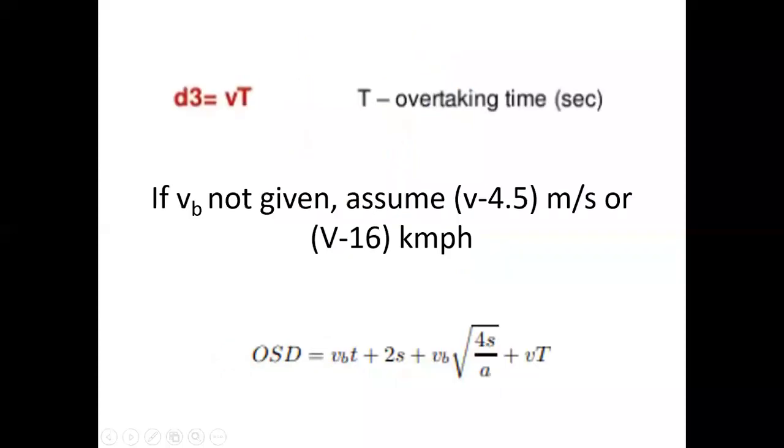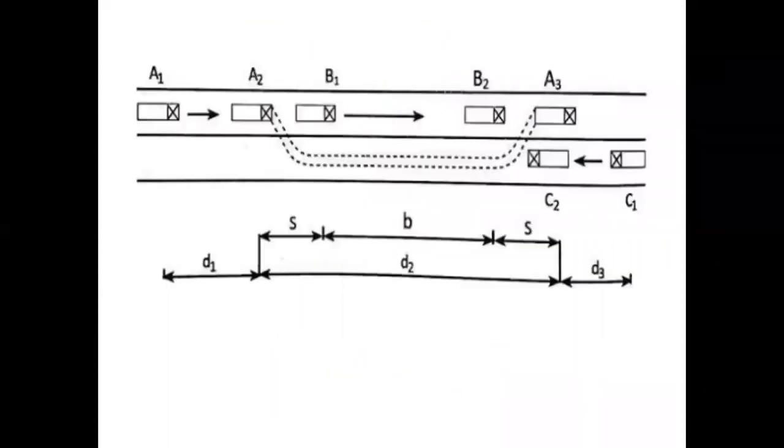Now coming to d3, d3 is very simple. It is again speed, what is speed? Distance by time, and distance is speed times time. As I said, all the d1, d2, d3 components are distances, so everything is speed times the time. Only thing that matters is which t you select and which speed you take into account. Vehicle A will be coming at its own speed, but it will be forced to reduce to the speed of vehicle B.